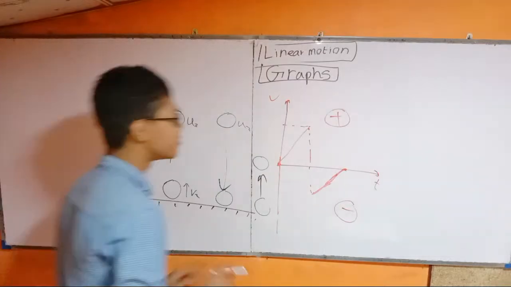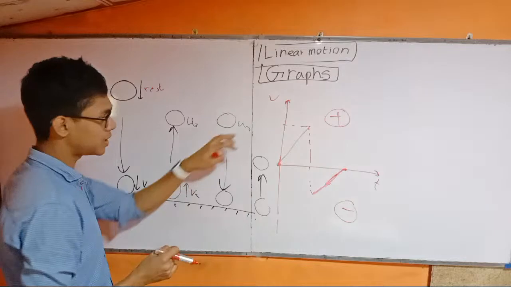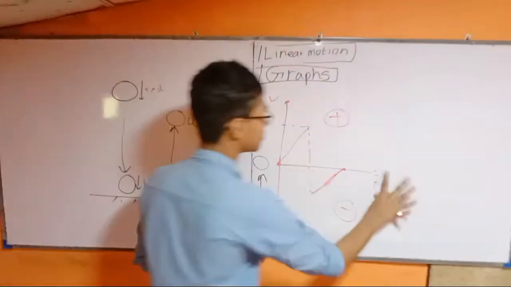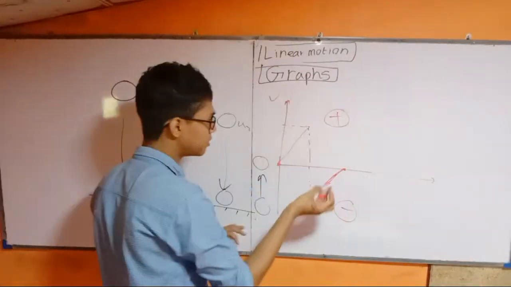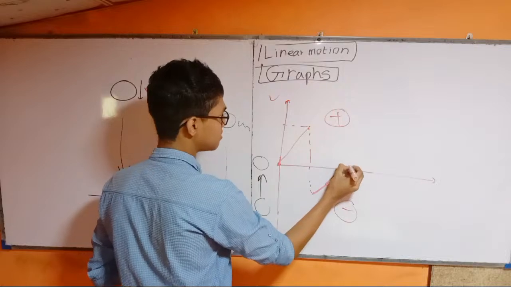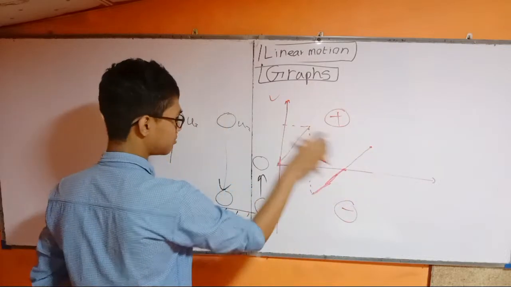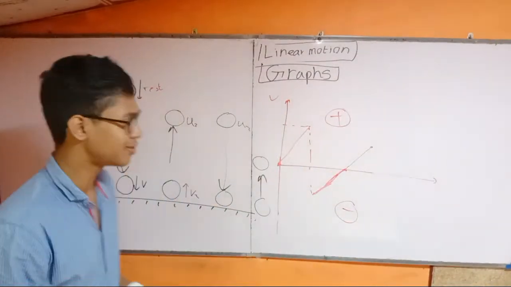Okay. So what happens? The velocity changes direction and will again come to zero. With a zero, it will come to zero, and again the velocity will start to increase and come to a stop. Now why is this one less than this one? Because of the loss of energy. Energy is lost, meaning